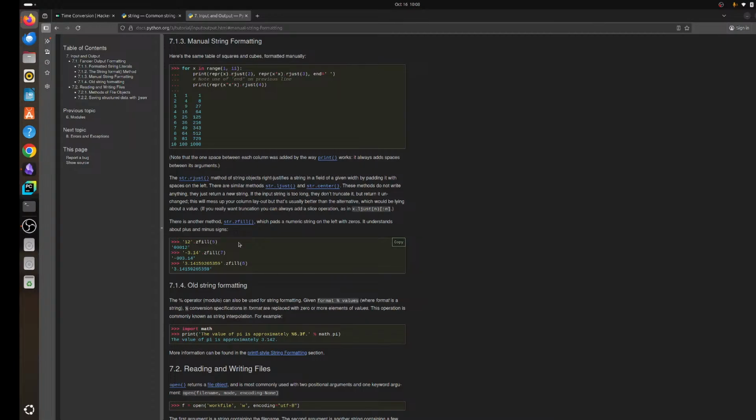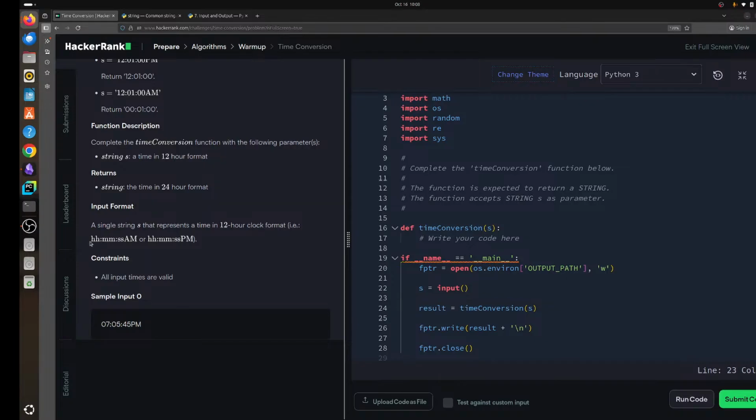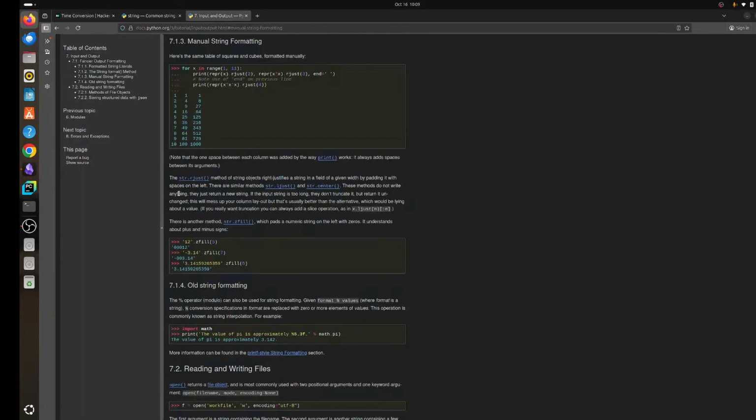So here we're searching about how can we format this HH. This is a string and we want to format it. We want to do some operation on this HH only, and the other values we directly want to replicate with the same string. So how can we do that? That I'm thinking and that I'm searching actually. So let's say